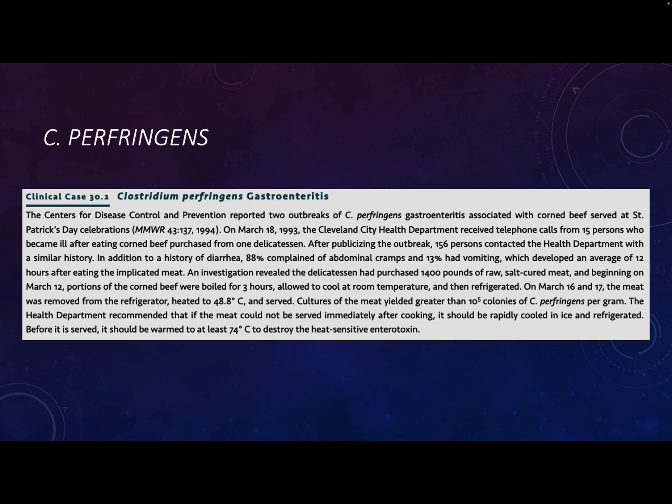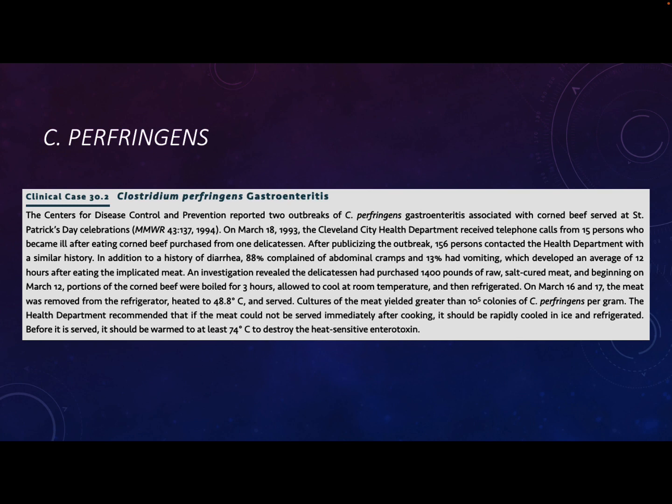Okay, so again, a lot of these food poisonings do go unreported. Like, if I got diarrhea, my thought wouldn't be, I should probably call the health department and tell them I have diarrhea, and just sit at home for a day and not do anything. And that's what most people do, but for whatever reason, 15 people decided to call the health department. But 156 didn't until they read about it in the news or heard about it on the TV.